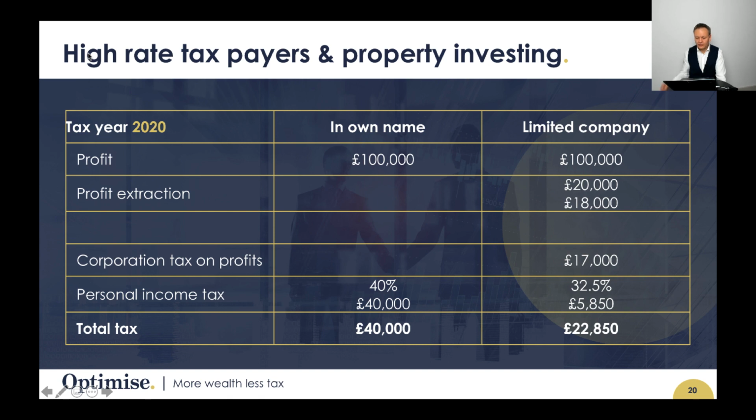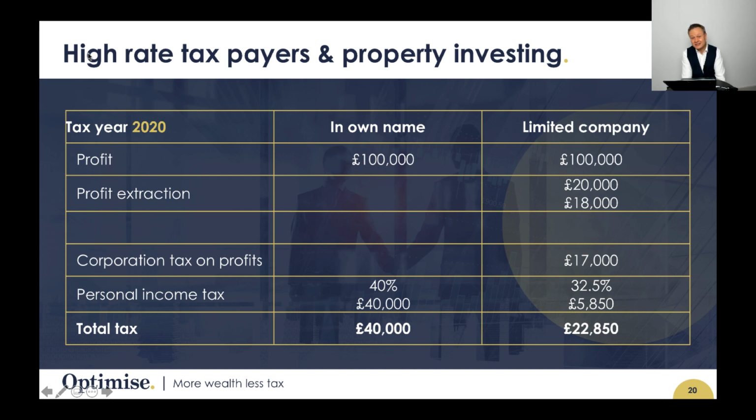Where it does make more sense is where you've got the same example, £100,000. In your personal tax, you will have £40,000 of tax liabilities. Now, if you had it in a limited company, same £100,000, but this time around, we're going to just extract £20,000 and leave the bulk of the money in the company. And that means that would be used to reinvest in more properties going forwards. So £18,000 would be taxable because the £2,000 worth of dividends is tax-free, which basically means that you've got an ultimate tax bill of